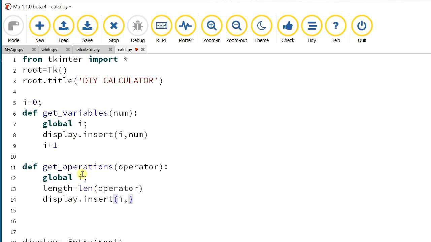And one more thing, we increase this i value, because all the variables and operators are stored in i. It may be a variable, operator, open brace or closing brace, everything is stored here in i. And len is separately for operators alone, so that we can finish the operations one by one and join all of them to give the exact output. And then again, as usual, we add i plus 1. Mistakenly I have put this. Okay, next.